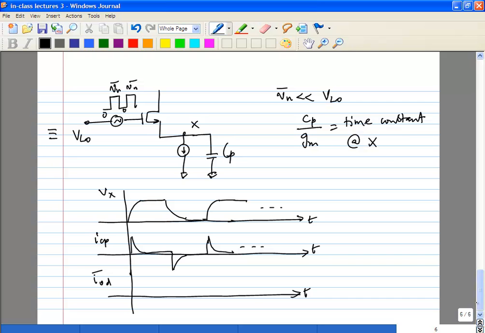Suppose you plot the output differential current. Remember that the switching pair switches the current at the tail between plus and minus sides. So the differential side will go between plus ICP and minus ICP. So which means